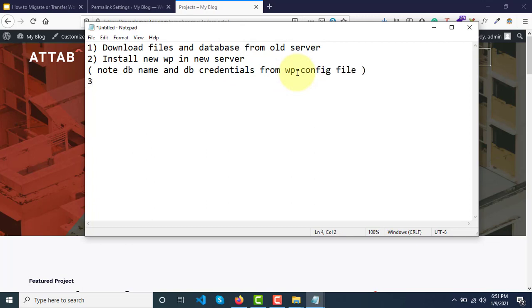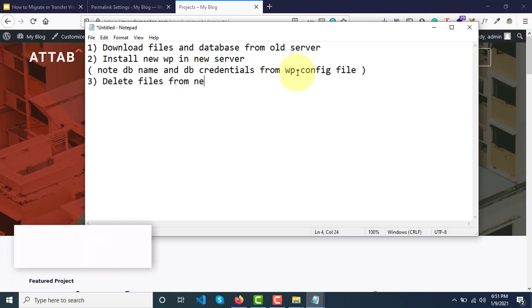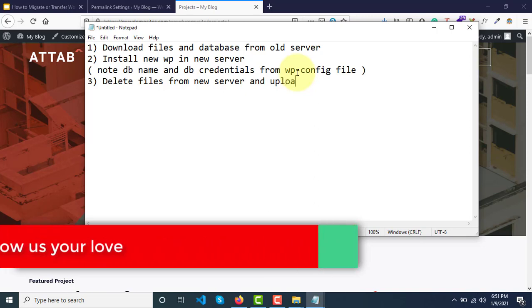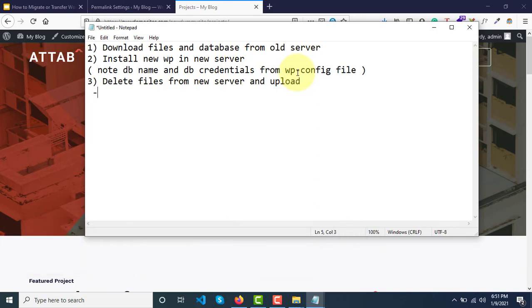Third, delete files from the new server and upload all the backup files and import the backup database.